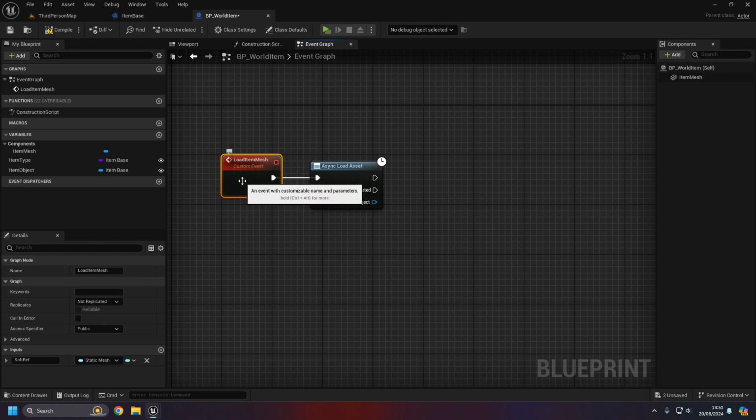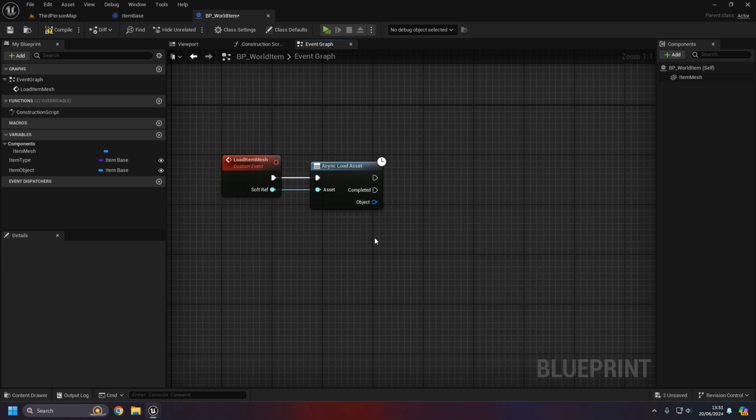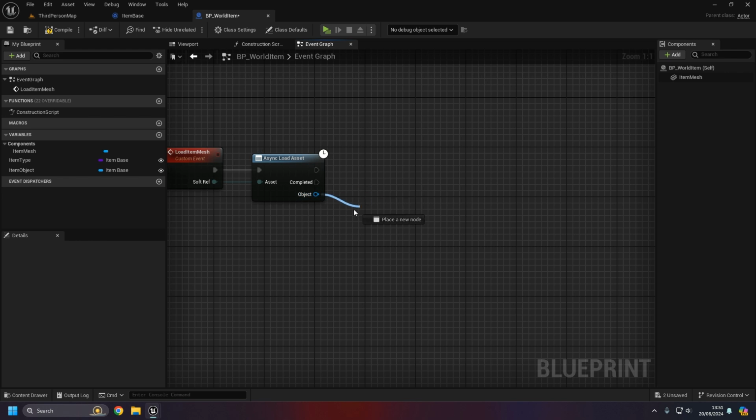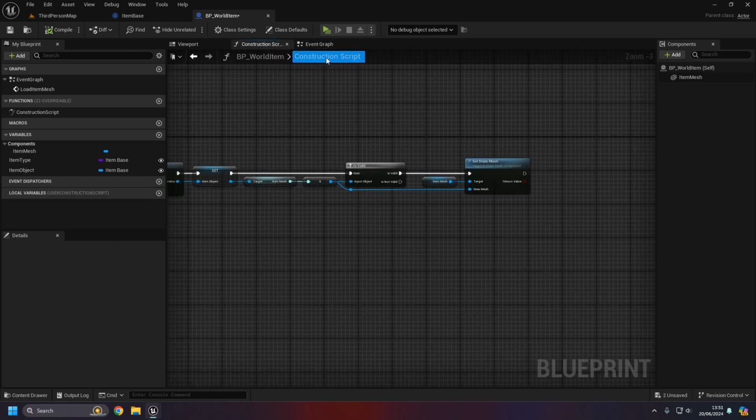So in this case, we have one here that's load item mesh. So we know that when this is completed, that it's finished loading an item mesh, well, a static mesh that we're going to use for the item, essentially. So we know that this is going to be a static mesh. So there's a few additional options we can do at this point. So what I'm actually going to do is